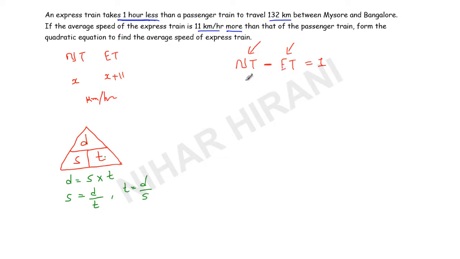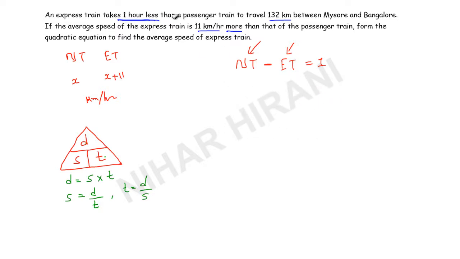So if you subtract these two values, time taken by normal train and time taken by express train, you will get 1. And here you must keep in your mind that you cannot change the order. If you do express train minus normal train, that will give you -1. So basically you need to write more time minus less time is equals to 1. You need to write the train which takes more time minus less time, and that gives 1. So do not make this mistake, otherwise you will get the wrong answer.